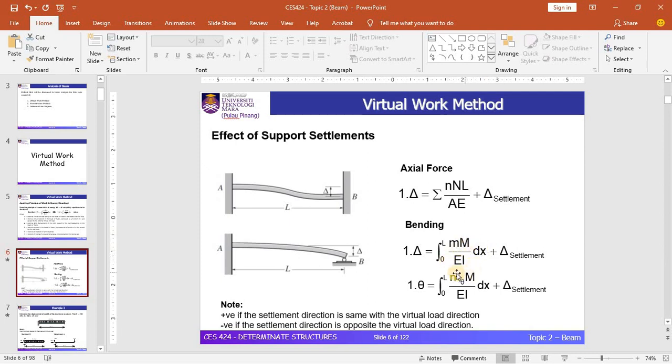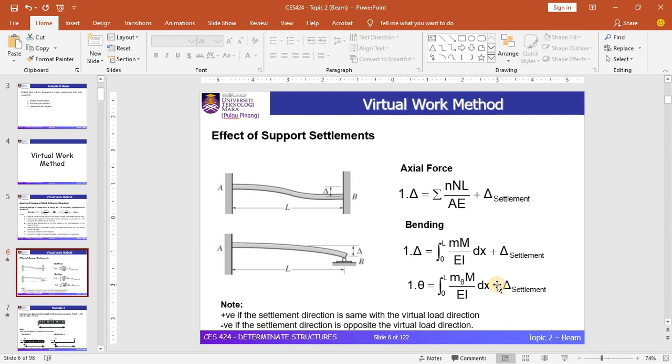That means a displacement due to the load. What you can see here is that this equation of virtual load is based on the settlement affected by the applied load. This is due to settlements, for instance, the settlement of soil. The settlement sign must be based on the direction of the virtual load. If negative, it will be in the opposite direction with respect to the virtual load direction. I don't want to waste time discussing this in detail, so we will look at the example.